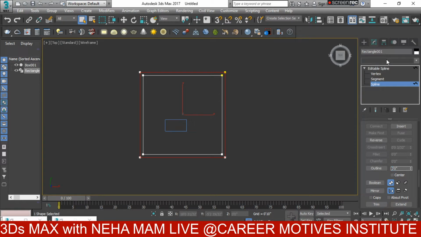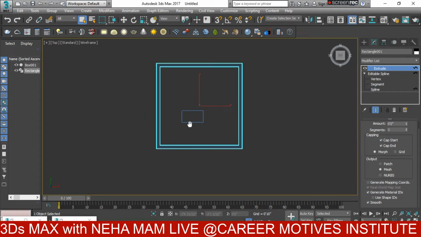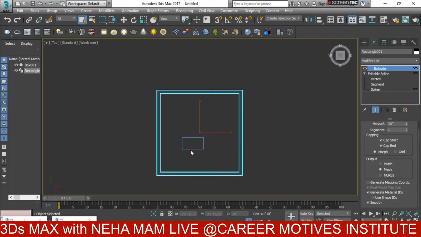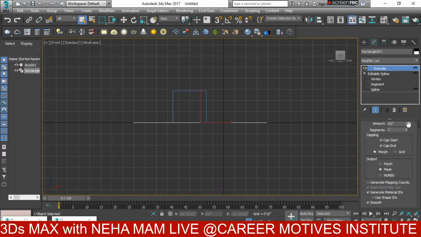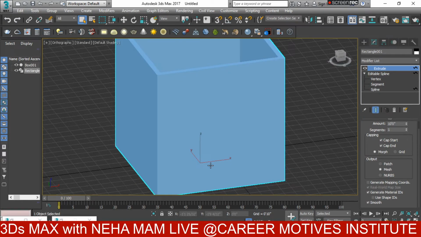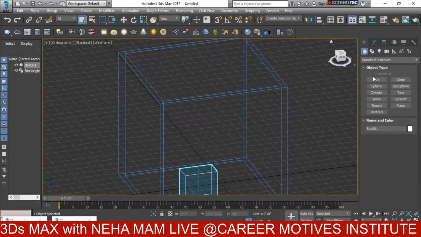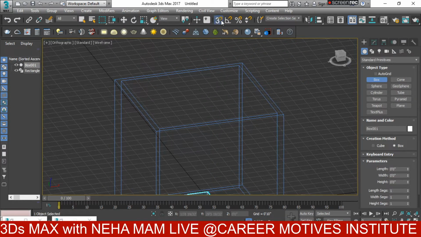Okay, and now I'm going to extrude this, like I'm going to increase the height. Okay, and now I'm going to create a slab over here, and then